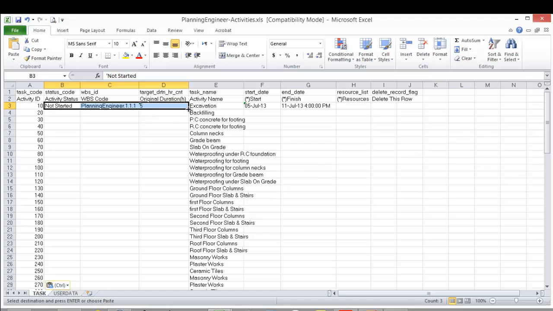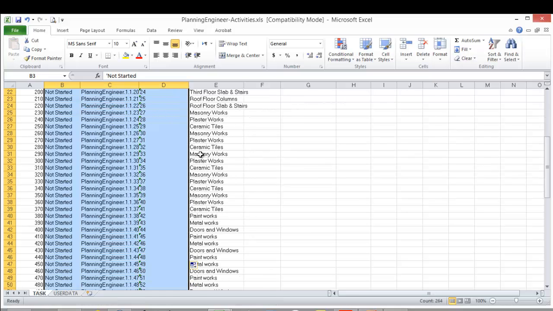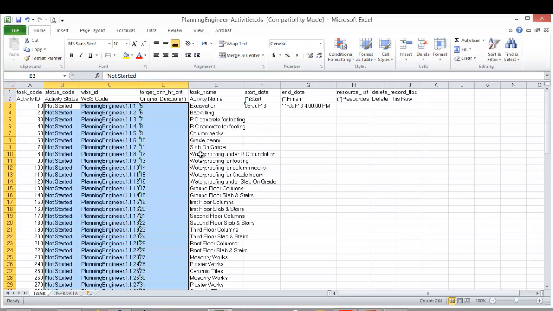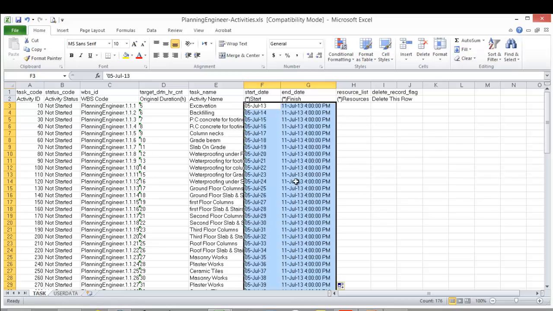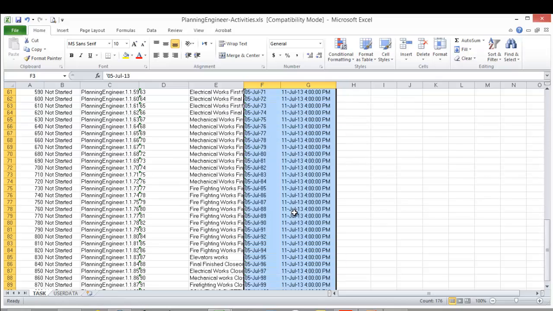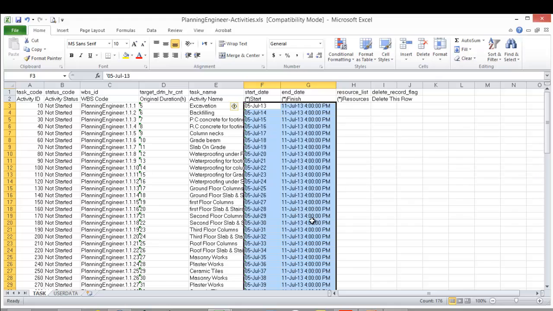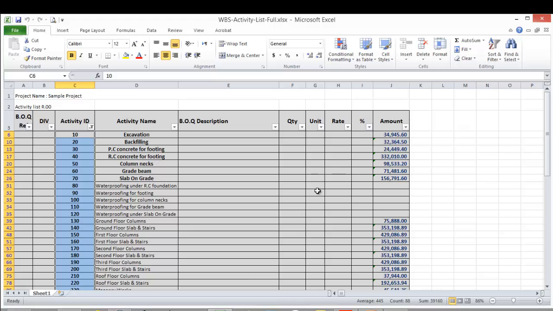Then everything else I can keep as it is. Just double click here and it will copy everything for me, and I will save and close.